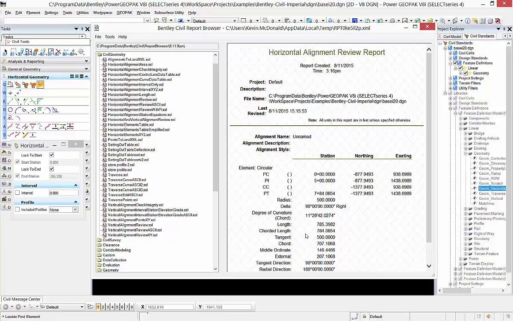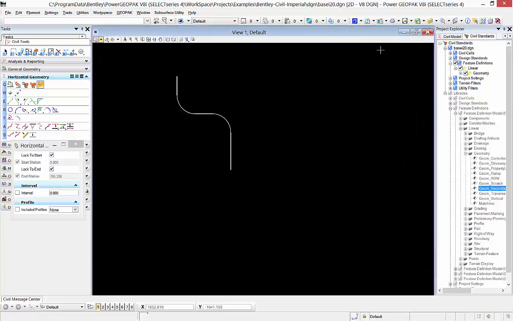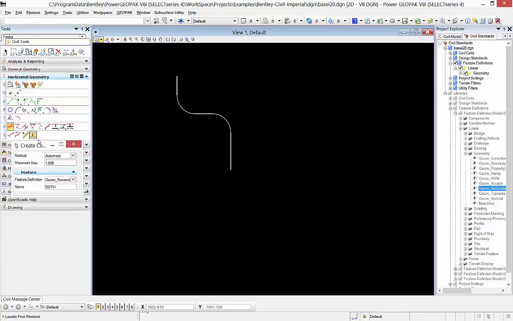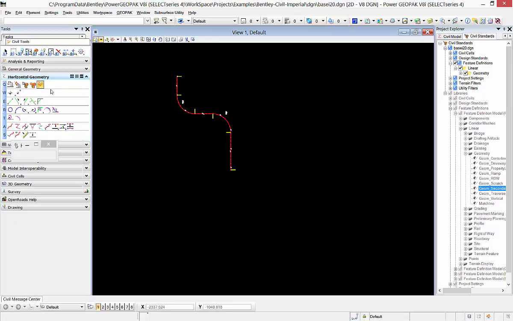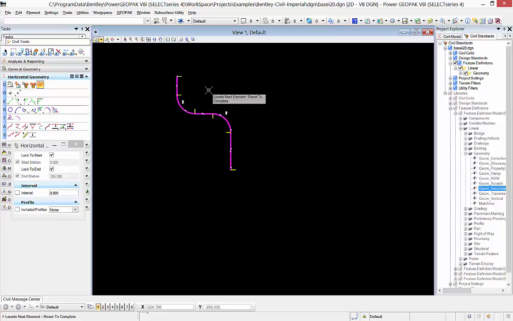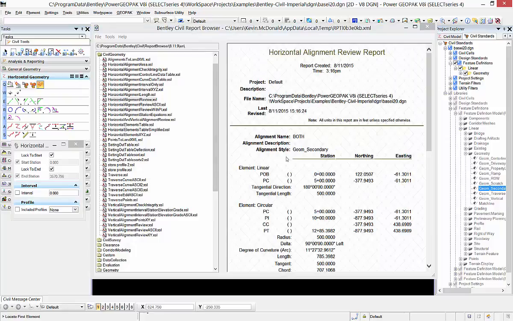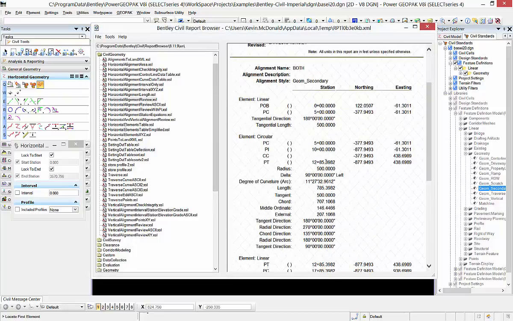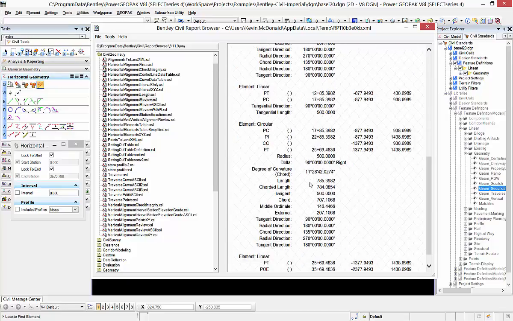The true length of the curve is 785 feet still, but the chorded length is 784, so it's done correctly there. And in this version, now I'm able to actually complex those curves into the same complex alignment there. So run the complex command, and I'm going to run the report again on this entire alignment. When I do that and look at my report here, I'll see that the first arc is the 785 full length. And if I scroll down now to my second, I can see that it's chorded, and it has the